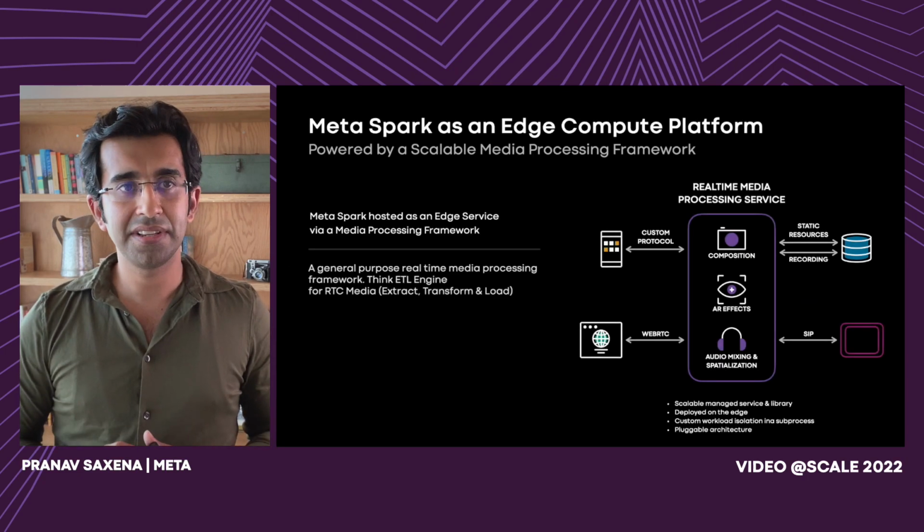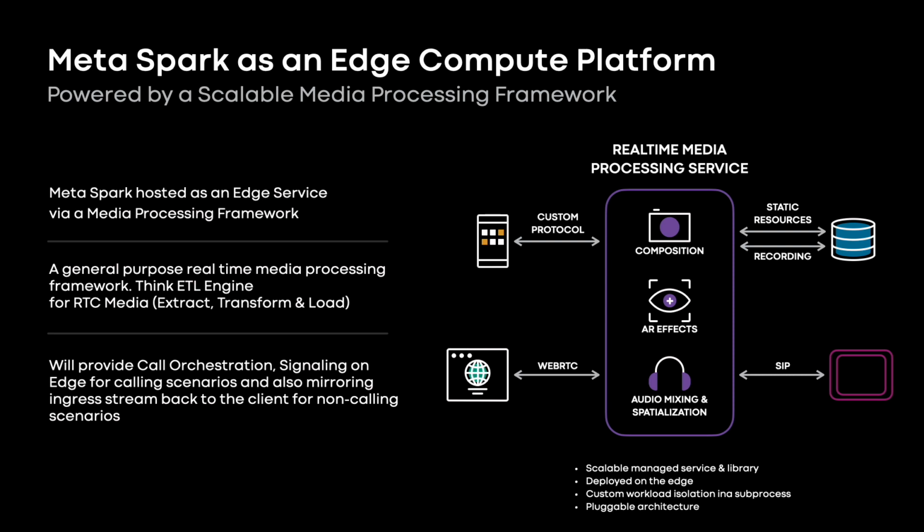Awesome. So next, that brings us to what exactly happens in the edge server. I spoke about the Metaspark platform, but it is essentially an AR engine with ML and rendering capabilities. So you still need to build a server to host that. And this is where a scalable media processing framework comes into the picture, which is a filter graph-based approach like GStreamer, but allows us to build these modules in a real-time fashion where you set up the orchestration pipeline and have Spark AR as one of those modules which can provide the ML platform and the rendering capabilities. Think of this media processing framework as an ETL engine for RTC media, for real-time communications media,